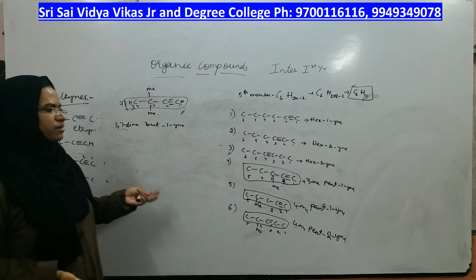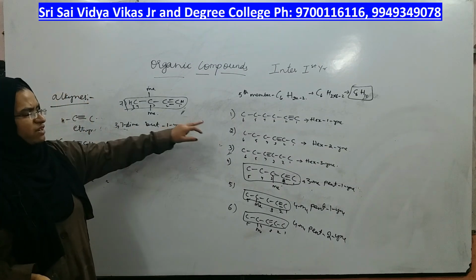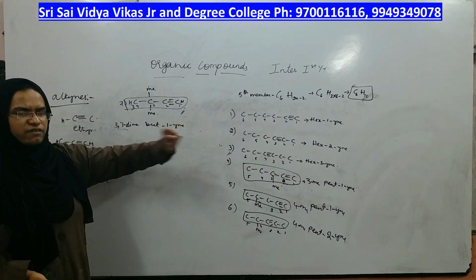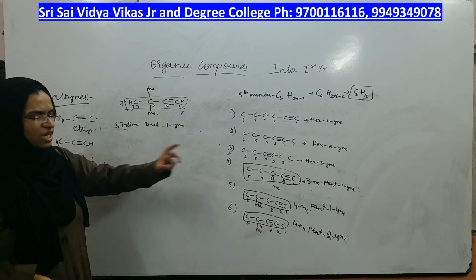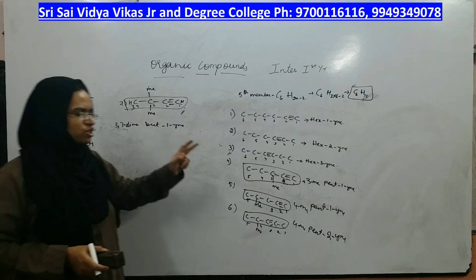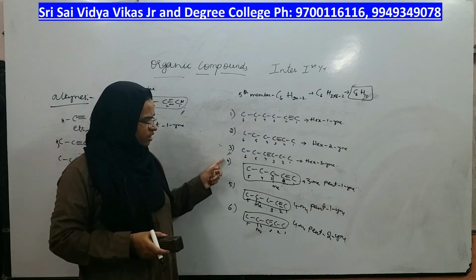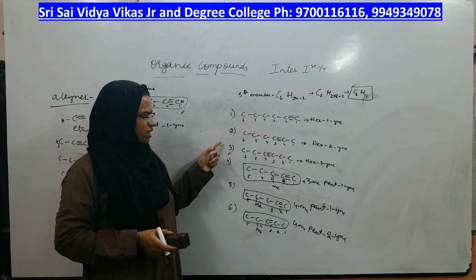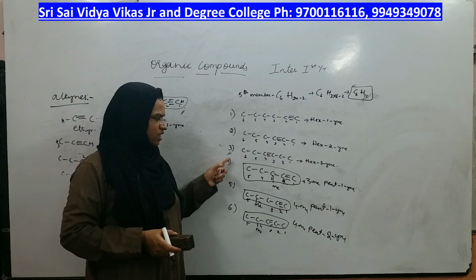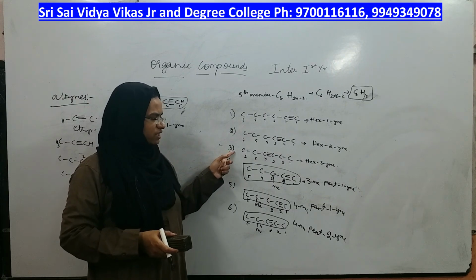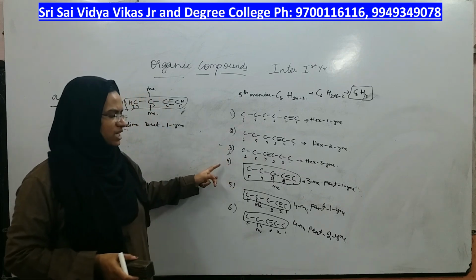So all of them are either position isomers or chain isomers. First, second and third are having 6 carbons only. Chain is not going to change. All the 3 are having the same length of chain, but the position of the triple bond is changing. So first, second, third are position isomers. If you look at the fourth isomer compared to the third isomer, the fourth isomer is having a different length of the chain. In this one the length of the chain was 6, and in this one the length of the chain is 5. That means both of them are chain isomers.